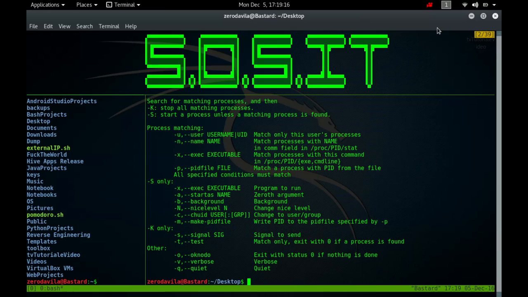All matching processes will be sent a term signal, or the one specified via the double hyphen signal or double hyphen retry if stop is specified. For daemons which have long-lived children which need to live through a stop, you must specify a PID file.